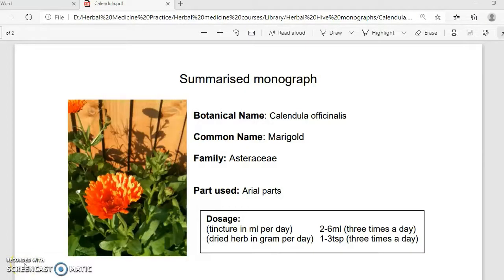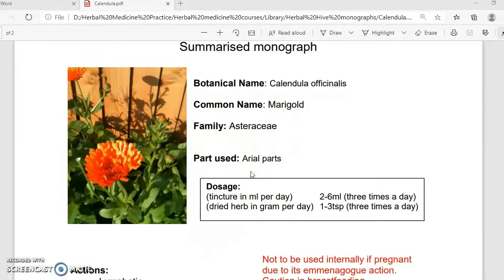So in this video, I'm going to talk about monographs. Now, a herbal monograph really is a way of showing information about a medicinal plant. And you will find these in lots and lots of herbal books. In fact, you'll find them in the majority of herbal books. Now, they might include different information, but usually it will have information about how the herb is used, the dosage,